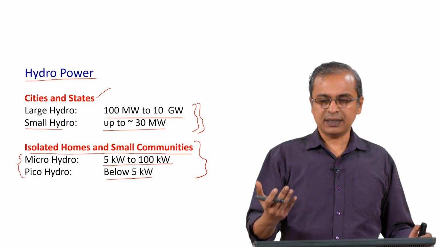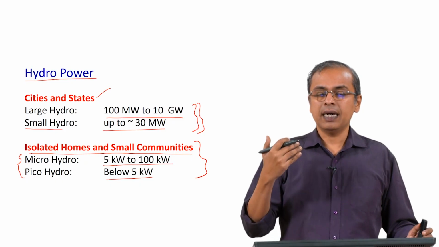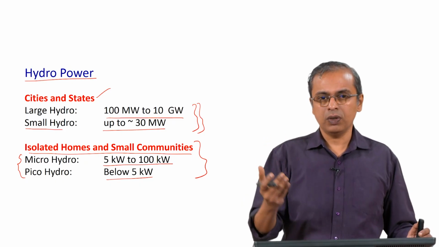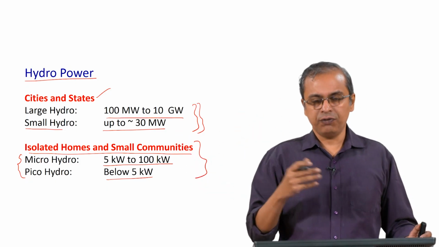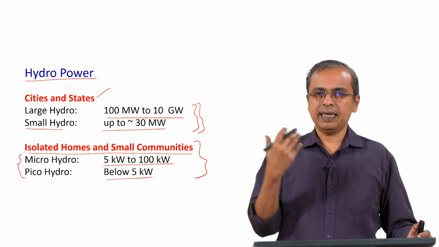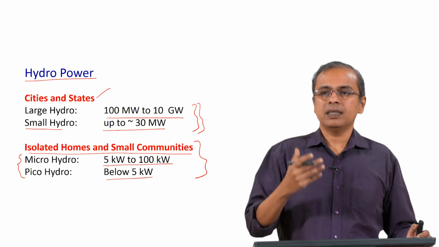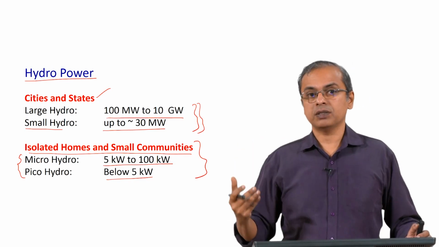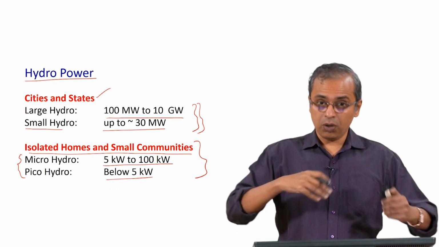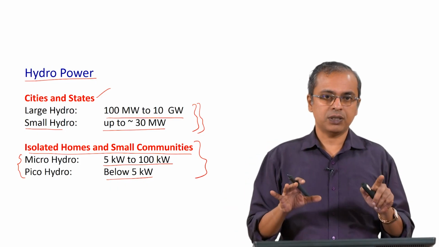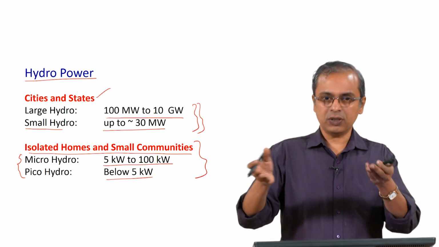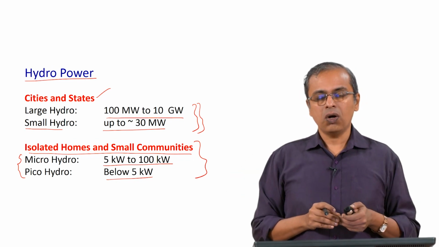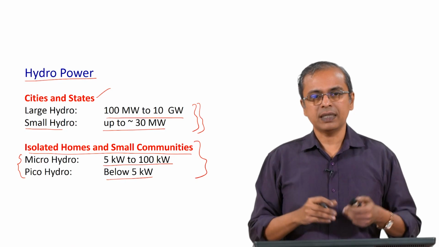And I think a lot of sense there is there, because it also means your transmission costs are low, you can keep generating at various locations and you transmit very locally. If you see internationally and look at electricity that is generated and transmitted, significant losses are associated with the transmission of the electricity, and so a lot of effort is put in to try and cut that transmission loss down. The best way to cut down this transmission loss is to actually generate the electricity locally or as close to the site of usage as possible.